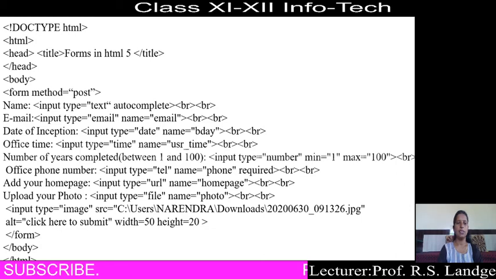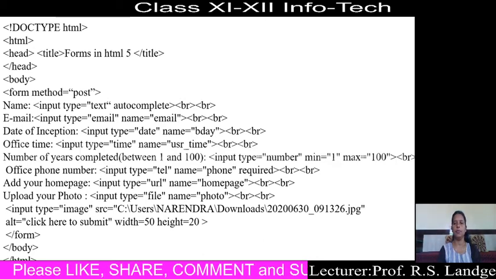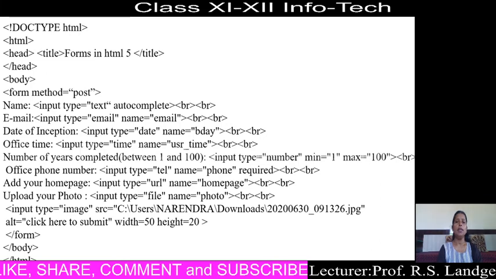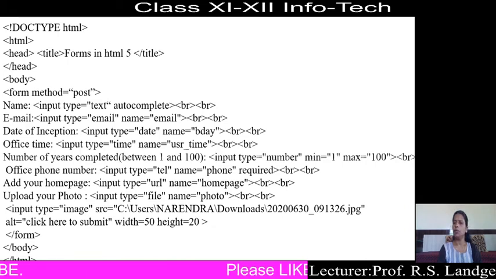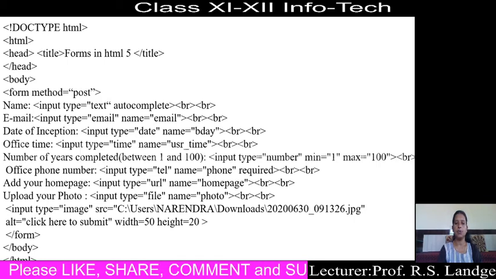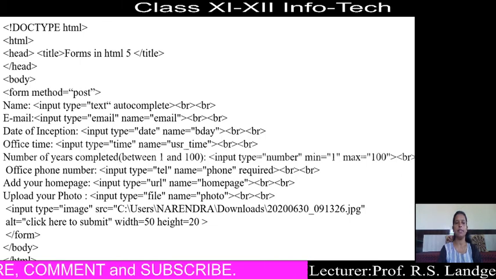And then the last field, upload your photo. For upload your photo we write input type equal to file, name equal to photo. Then the br tag, after that a graphical image submit button is created here. Input type equal to image, src equals the path of that image, alt equals click here to submit, and width and height are provided: width equals 50 pixels, height equal to 20 pixels.